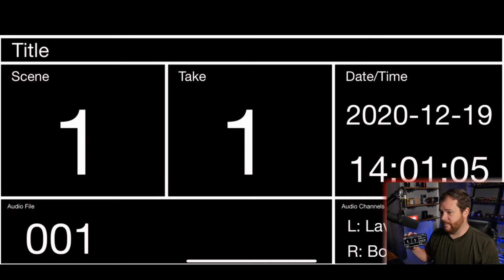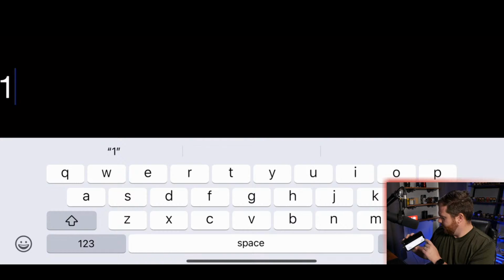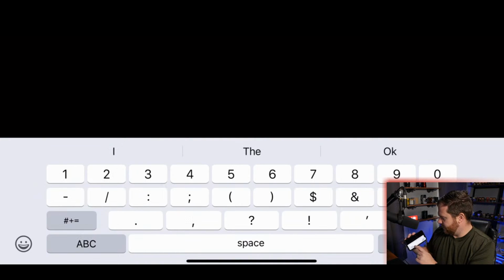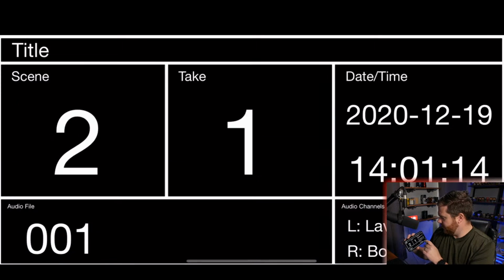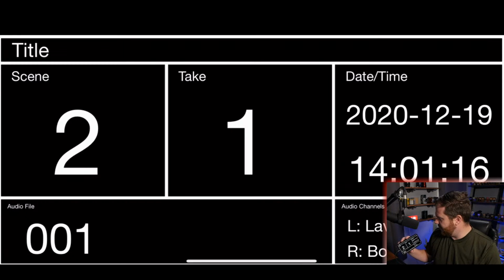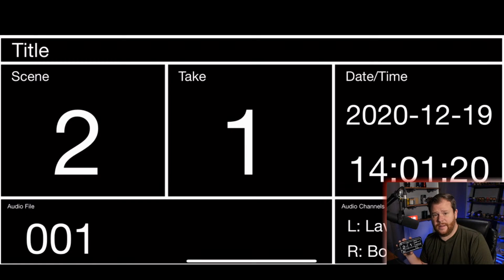So that's pretty much what it is. You go in, like with any slate, you can touch stuff. All right, this is now scene 2. Okay. So yeah, modify your slate, time, date, all that stuff. If you don't have a slate, but you have a mobile device, you can go ahead and use this. And one of the cool things is,